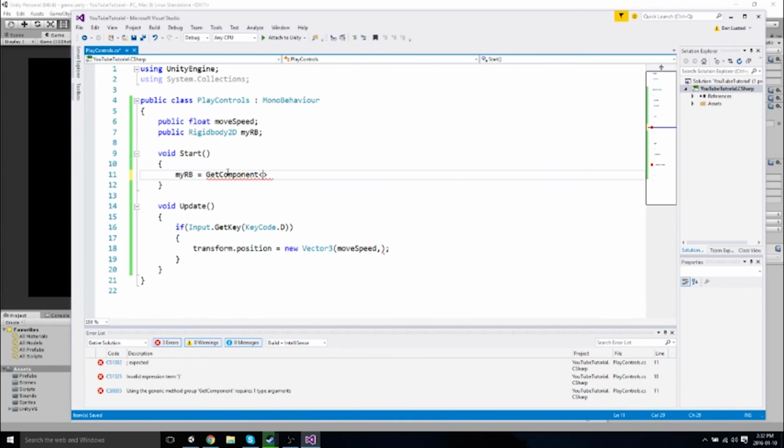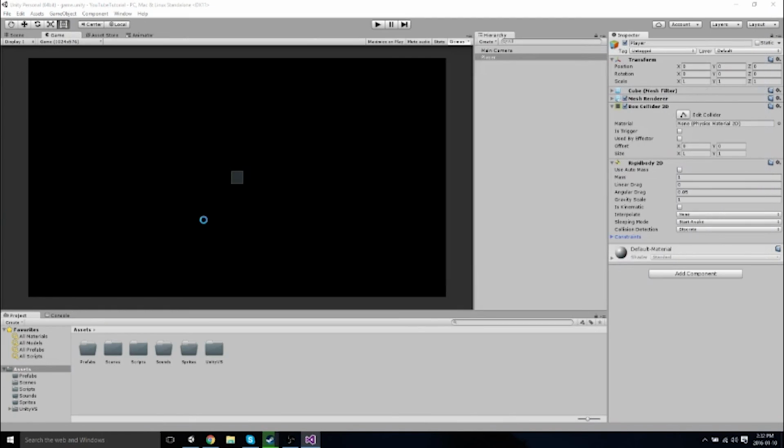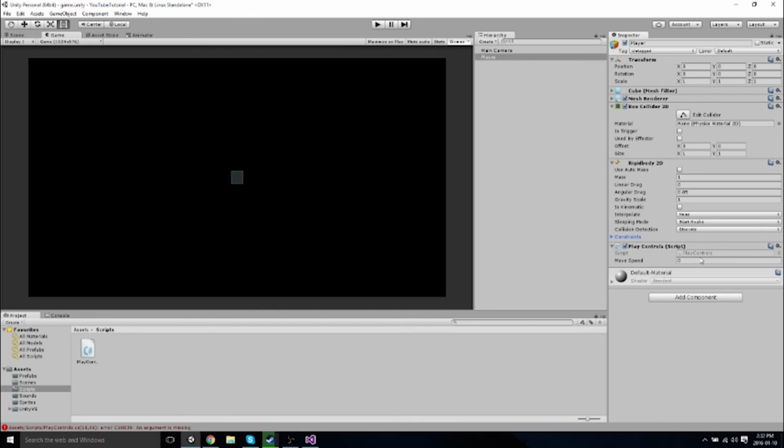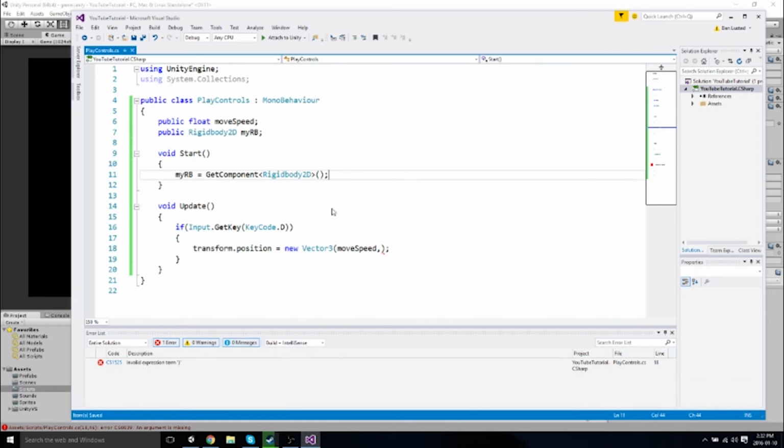Get component Rigidbody 2D, and then outside the alligator mouth you do 2 parentheses and a semicolon. So what this does is, if our player object has a rigid body on it, then it will set this rigid body to that variable right off the start. And we'll go into scripts here, and we're going to drag our script onto this object, and now you can see there's the move speed, but the